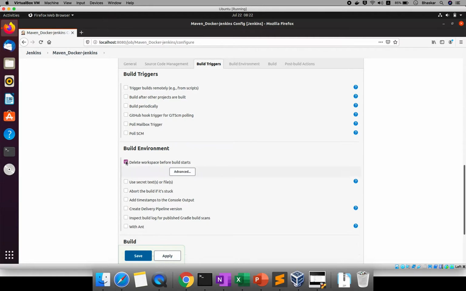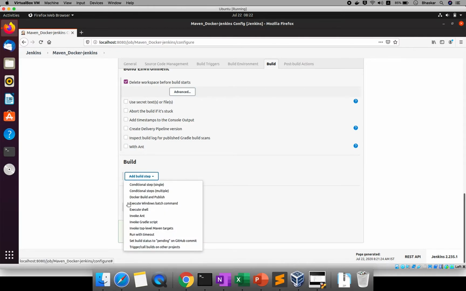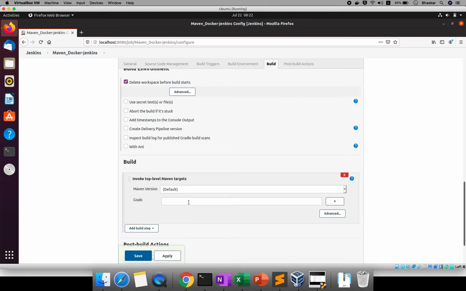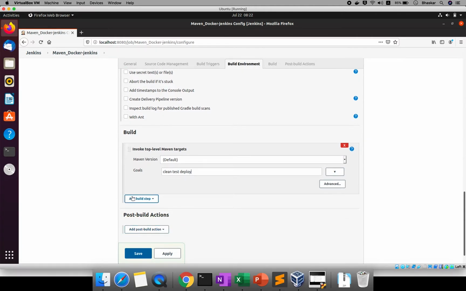Build environment, delete workspace, and next go to the build step. Here you can provide your top level Maven targets. Here you want to clean, you want to test, you want to deploy. Once you get your jar file, you need to add your Docker steps.